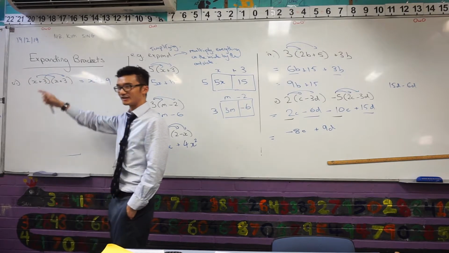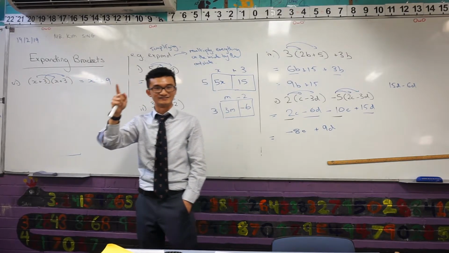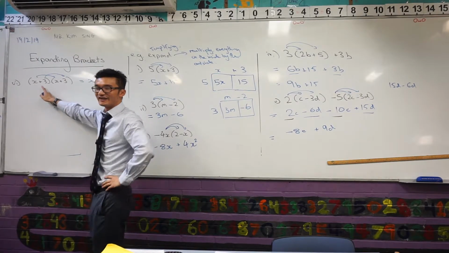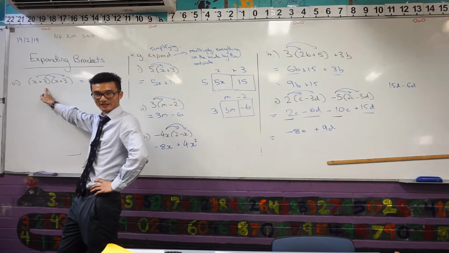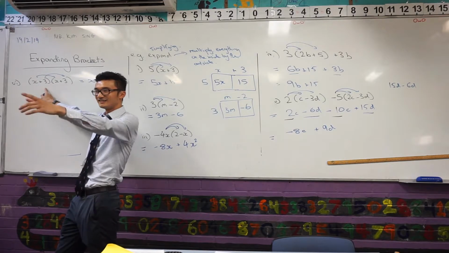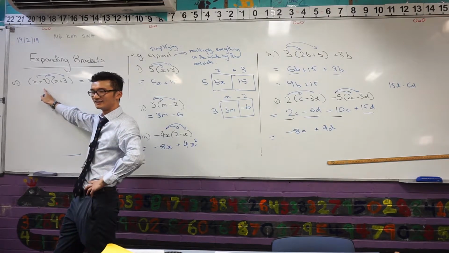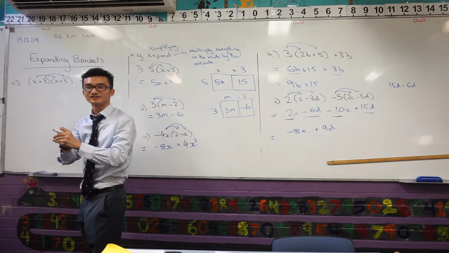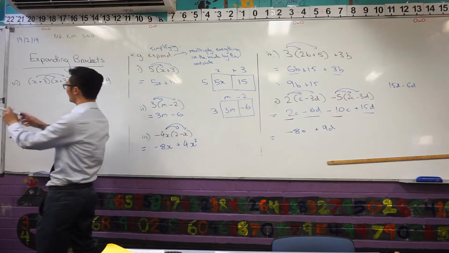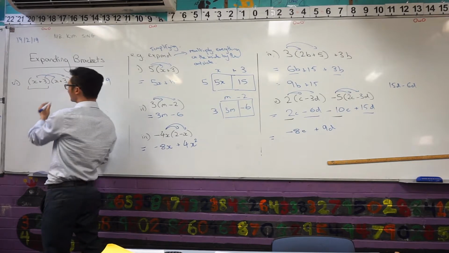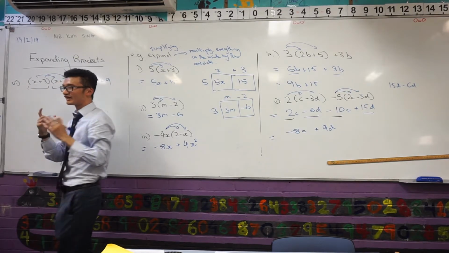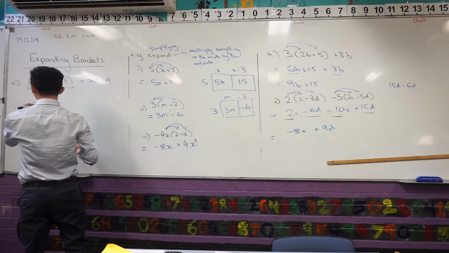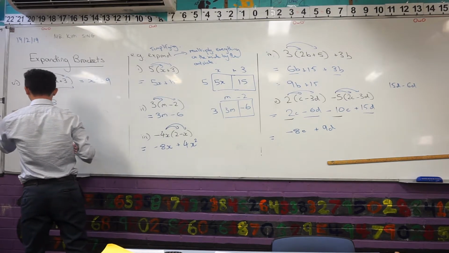I think we're actually missing some, and this is why I want to draw the rectangle. Because if we draw the rectangle, it should actually be much clearer. In fact, this one's actually not going to be a rectangle. Does anyone know what shape this is going to be? A triangle. Why do you say that? What are my 2 side lengths? X plus 3 and x plus 3. If the side lengths are the same, what kind of shape is it? It's a square. Okay. So if I have a square that looks like this,